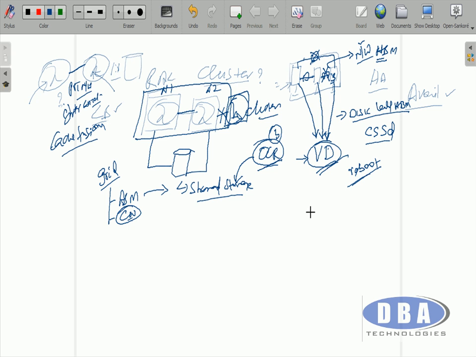That's a different story. Okay, let's not deviate from the point. So this is what we call reboot or node eviction. The node will be evicted, meaning it reboots. Okay, while it is rebooting, again it's supposed to participate in the voting disk, and this must be synchronized, then only it will participate. Otherwise, unless you fix this problem, definitely this node cannot participate.